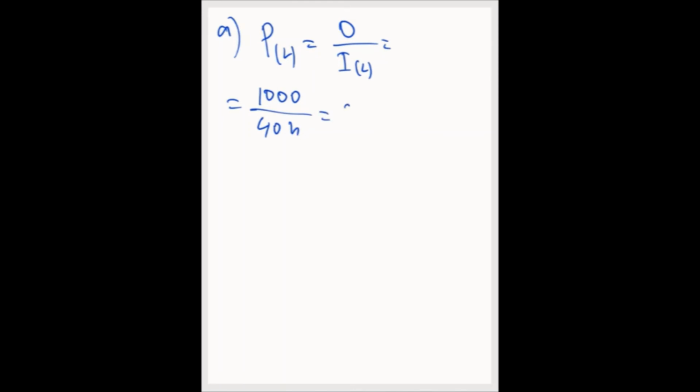So what's the labor productivity? Labor productivity formula equals output over input labor. So we have 1,000 bottles of juice output and 40 hours labor input equals 25 bottles of juice per hour. 25 bottles of juice per hour. So next one, B. We have to calculate